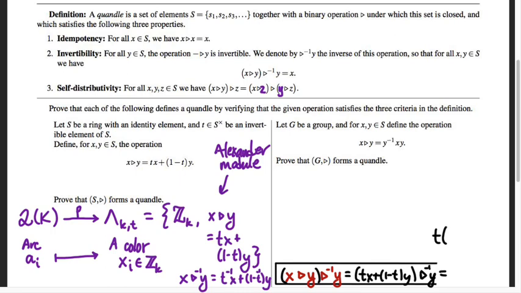It's going to give me T inverse, because I'm doing the inverse triangle here, T inverse times Tx plus 1 minus Ty, plus 1 minus T inverse